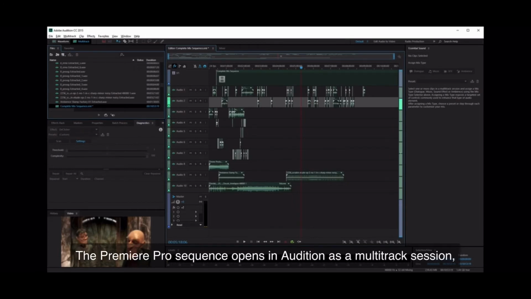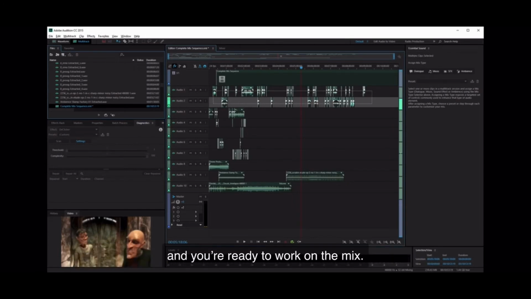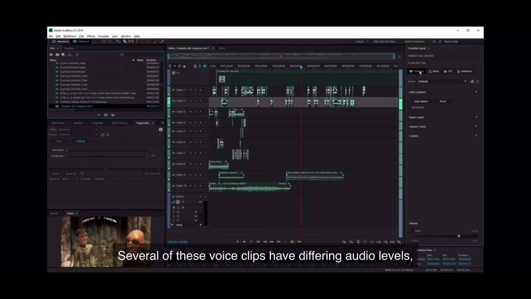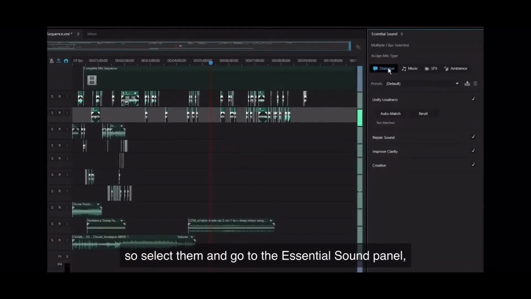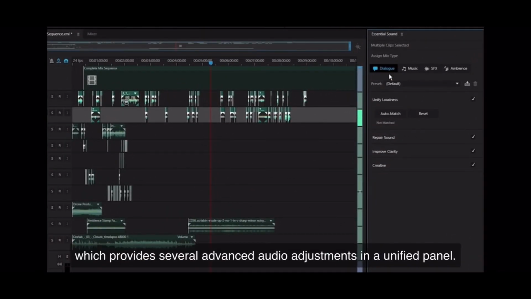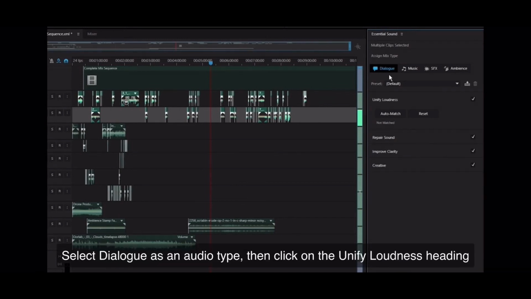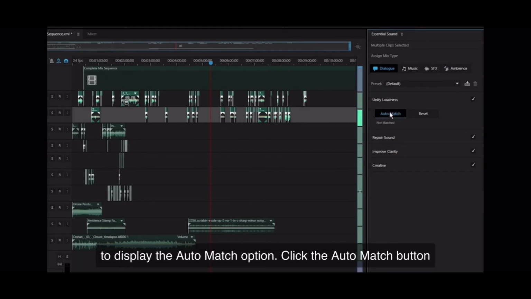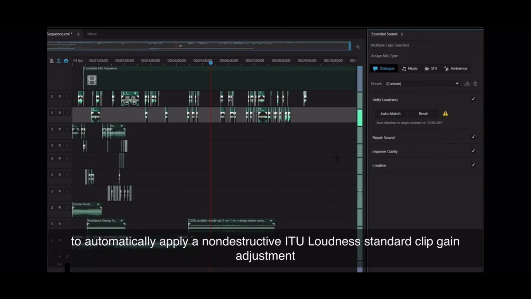mix. Several of these voice clips have differing audio levels, so select them and go to the Essential Sound panel, which provides several advanced audio adjustments in a unified panel. Select Dialog as an audio type, then click on the Unify Loudness heading to display the Auto Match option. Click the Auto Match button to automatically apply a non-destructive ITU loudness standard clip gain adjustment to all the selected